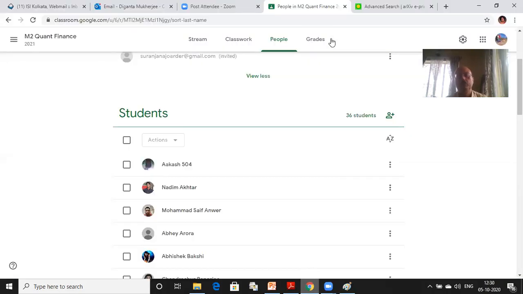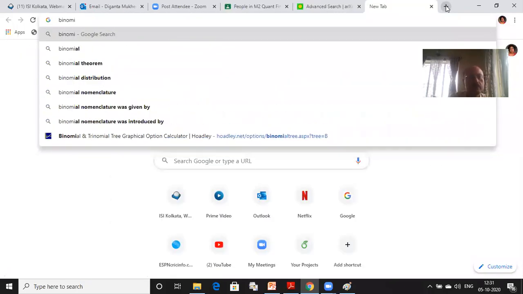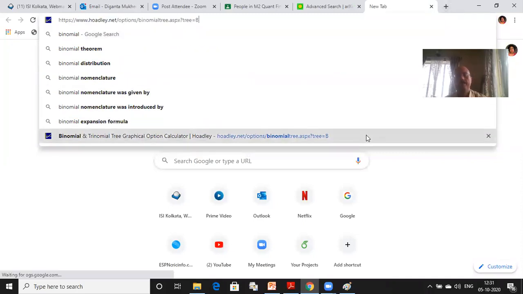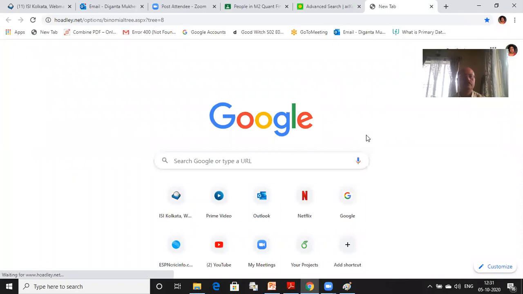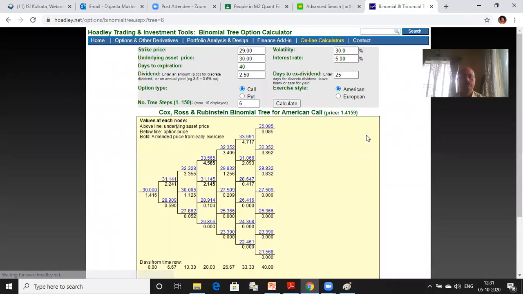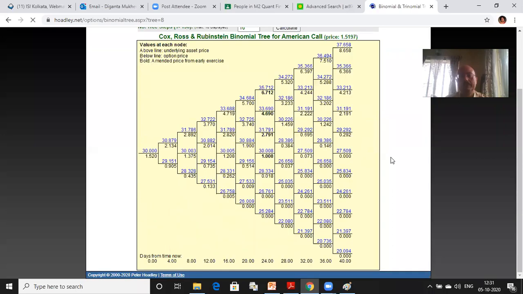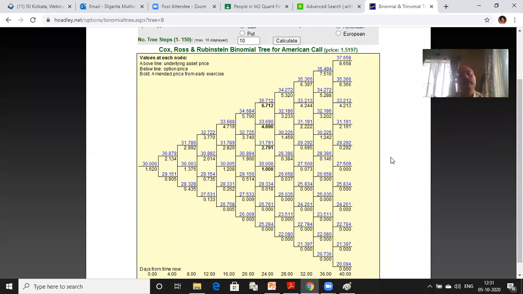In fact, if you remember what I showed you earlier, the binomial option calculator. See, you remember this one. This is the real life option calculator where you can have a large number of steps also. So I was showing an example of having 10 steps. And in that case, these calculations will have to be done very carefully using actually a computer program. We will not do it manually. We will do it through a computer program.